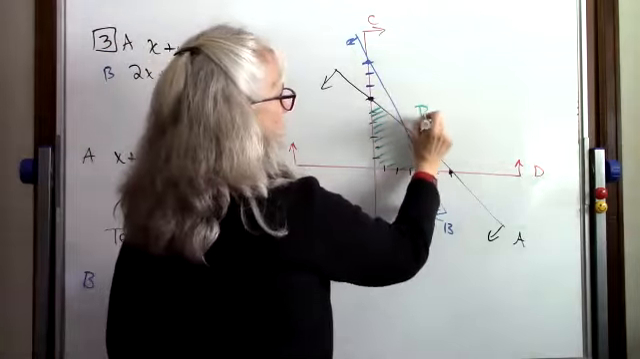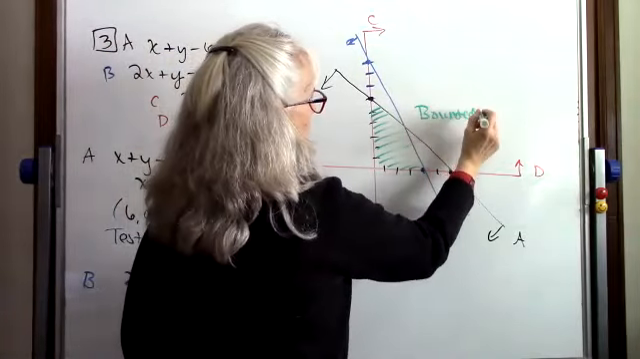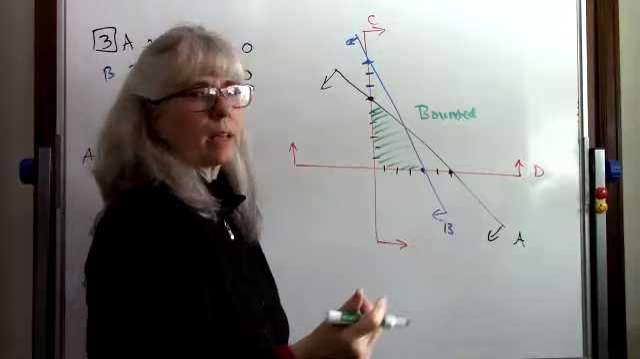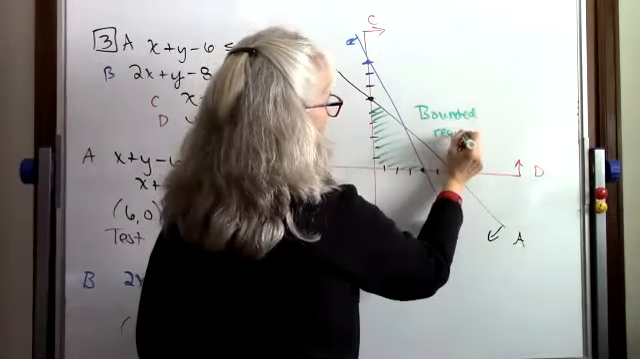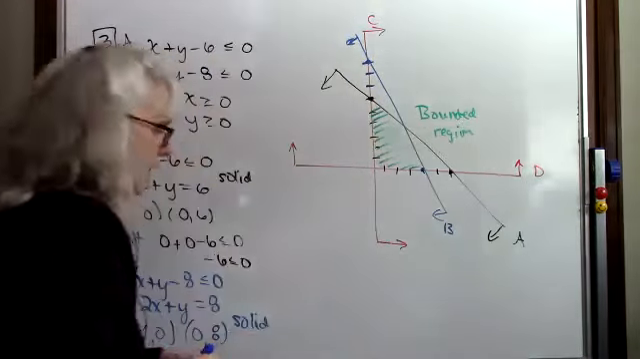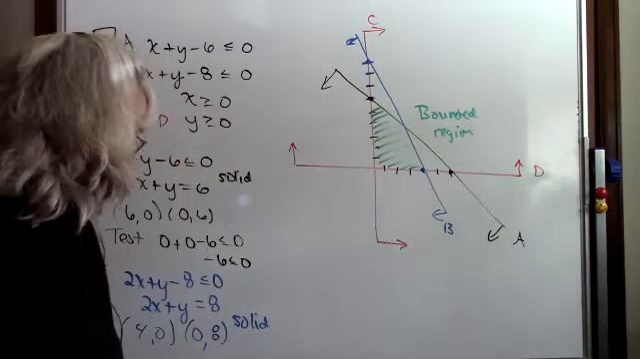And it is bounded. It's bounded because if you were a bubble trapped in there, there'd be no way you could get out. So it's a bounded region. So you now have seen an example of an unbounded system of inequalities and a bounded system